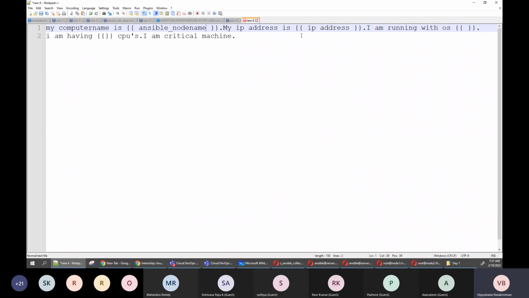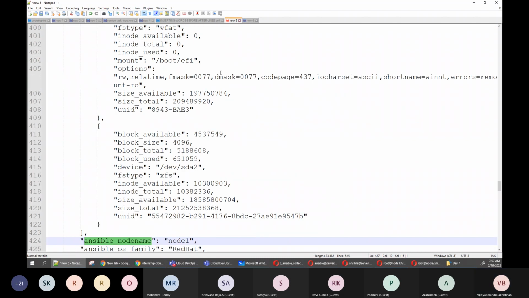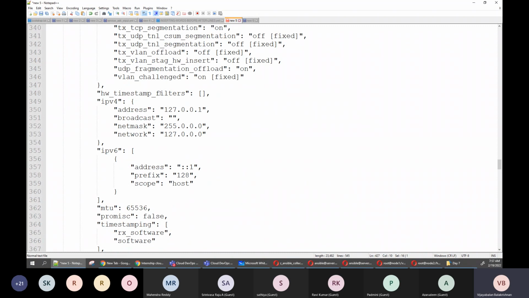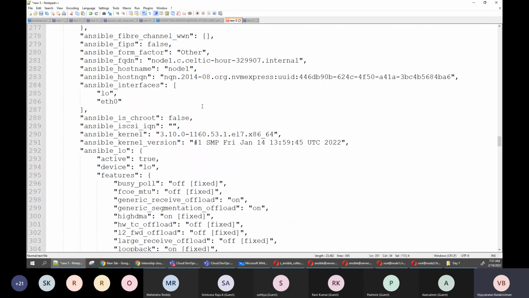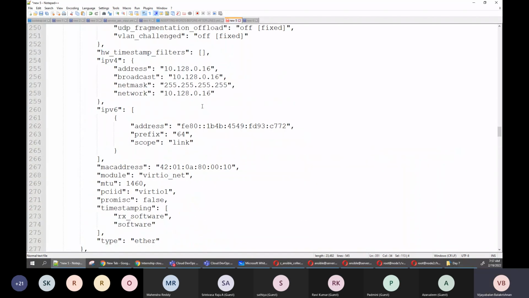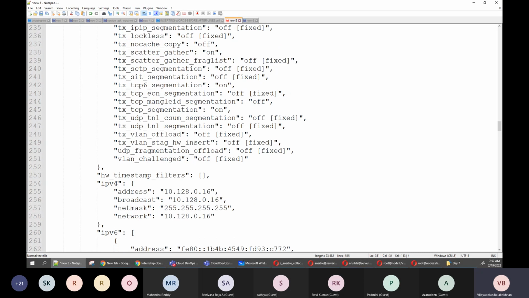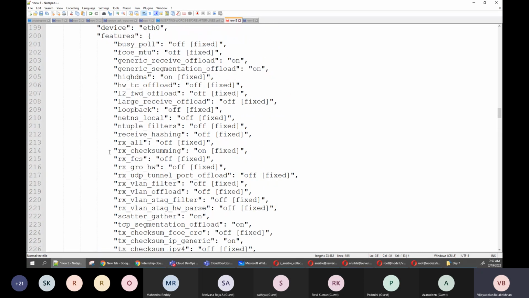Okay, and my IP address is from this output. What is my IP address? How do you get the IP address? This is the loopback address. Similar to this, is there anywhere here giving the IP address? Go above, see here ipv4 address, but ipv4 is a sub-option. It looks like a custom register option, right?